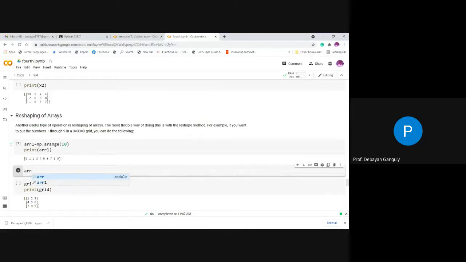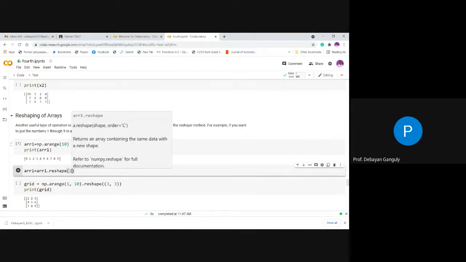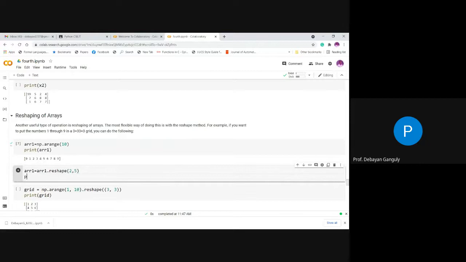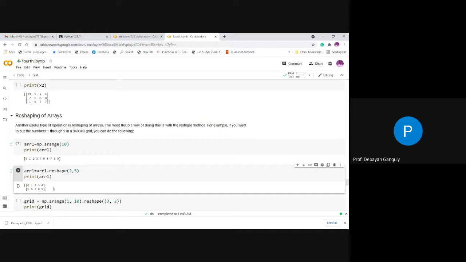Say array 1 equals array 1 dot reshape, say 2 comma 5, that means 2 rows and 5 columns. I want to write it like that, and then print array 1. If I am just reshaping it, that means it looks different, right? You just see, the elements will not change, but I am just reshaping. That means the output, if you change it,